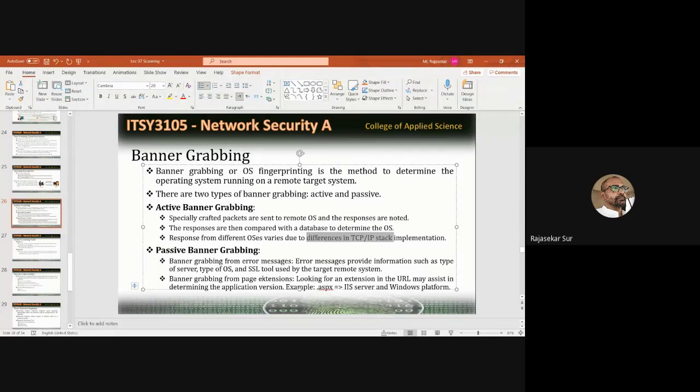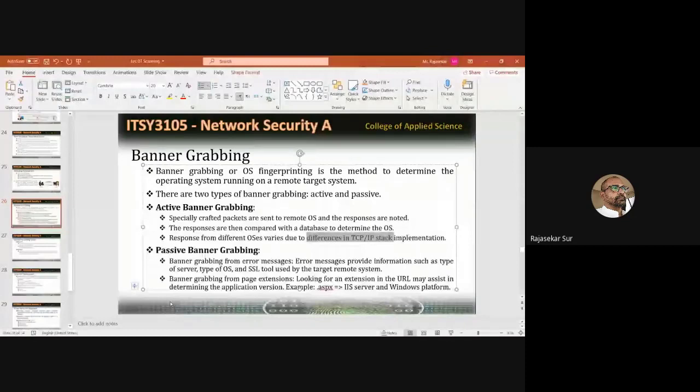You use error messages and the SSL certificates, the basic information available in the website, in the URL, to find what type of server and operating system they are using. So you can collect the information. This is called passive banner grabbing.